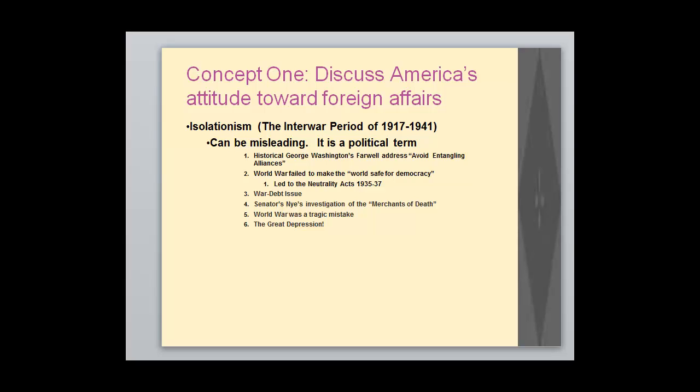At the end of 1932, after Hoover's debt moratorium ended, most of the European countries defaulted on their war debts to the United States. In retaliation, Congress passed the Johnson Debt Default Act of 1934, which prohibited private loans to any such government. Fourth, between 1934 and 1936, the country was